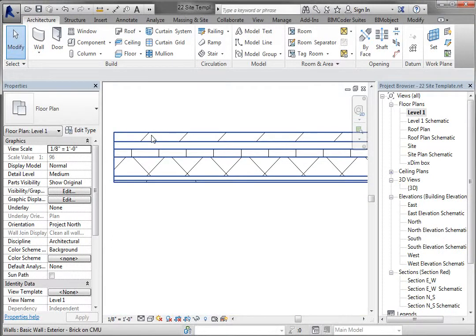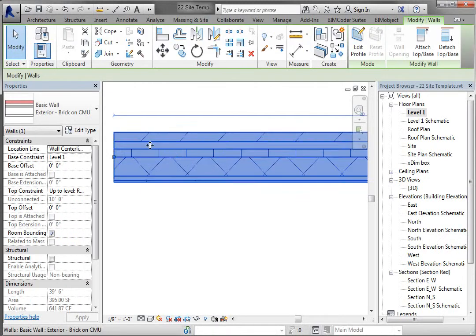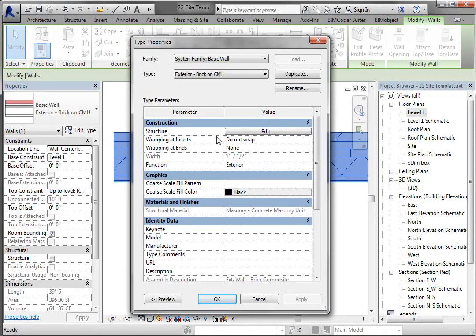So this is the brick, I believe, airspace, looks like thermal insulation. This is the CMU, and then maybe brick, some furring, and then gypsum board. But let's find out. So if I left click on this, go to edit type, and there's a structure of that wall,